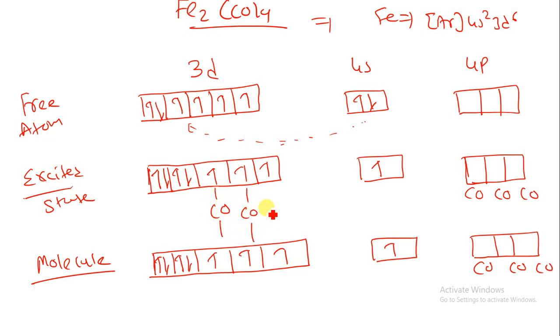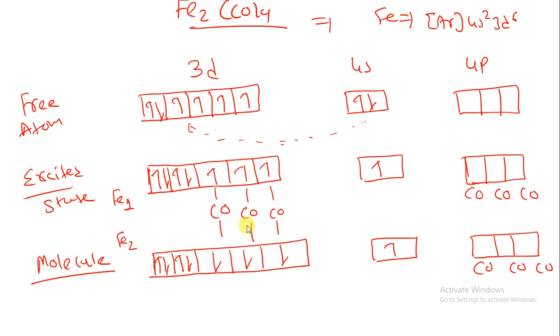Because there is one unpaired electron, there are 3 unpaired electrons in the upward structure and 3 unpaired electrons in the downward structure. So I am writing over here the downward side. Now when I write the CO molecule, the CO ligand, here I am having 3 unpaired electrons. That is for the Fe1 metal, and this is for the Fe2 metal. Both should pair, so we are having Fe2.